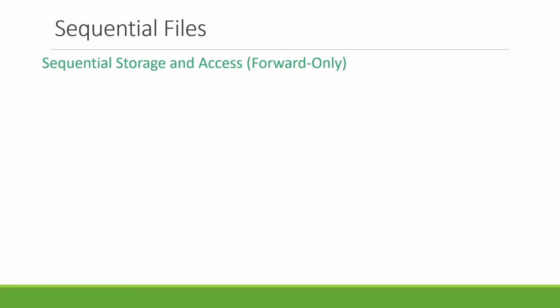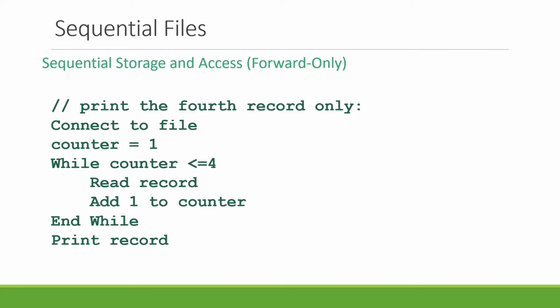If you wanted to see some code, this is just pseudocode, but if you wanted to access the fourth record, you would have to connect a stream to your file, and then you'd need some mechanism to count through the records to get where you want to go. So here I'm using a counter variable with a while loop. So I start my counter at 1. And then while my counter is less than or equal to 4, I read a record, and I actually don't